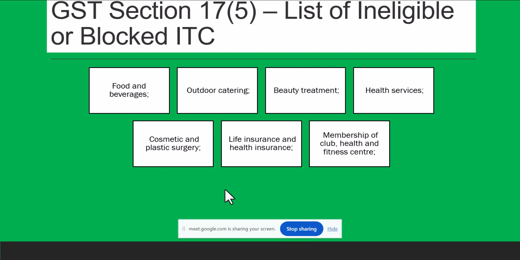Like when I was working with Idea Cellular, then I was having a membership of Gymkhana Club. So it was around 5 lakh rupees the company paid for me that time. So on that, suppose there was